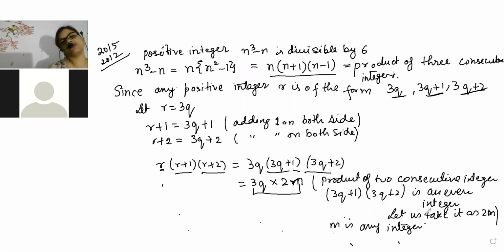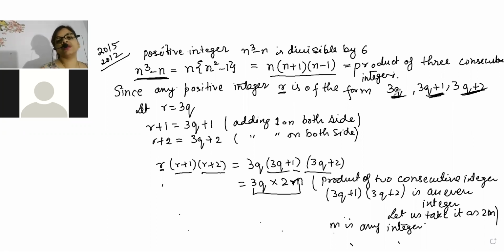Now you have understood or not? One by one, again I'll explain, because this part is very, very important. They told that this number is always divisible by 6. So first what we did, we found a factor of it, and after that we came to know that this number itself is exactly three consecutive integers. Okay, so this is the product of three consecutive integers. Now this product of three consecutive integers is given, but we cannot take that and prove it now. So what we will do, we will assume that okay, let r be any number, and r can be written in the form of 3q, 3q plus 1 and 3q plus 2. So first we started with r.